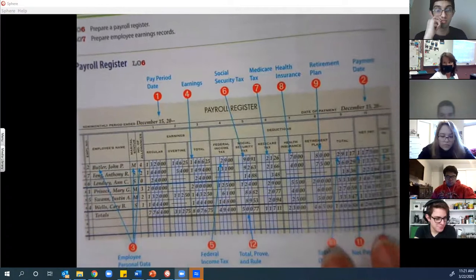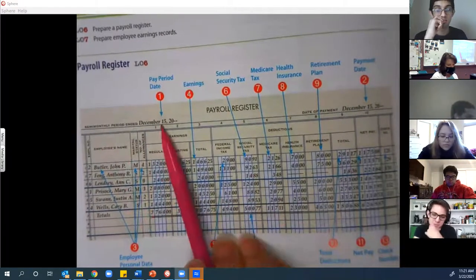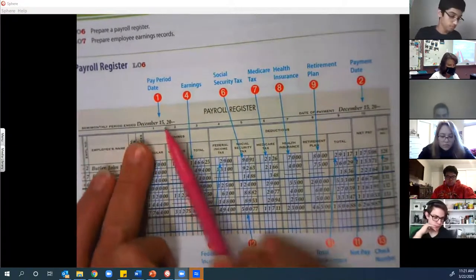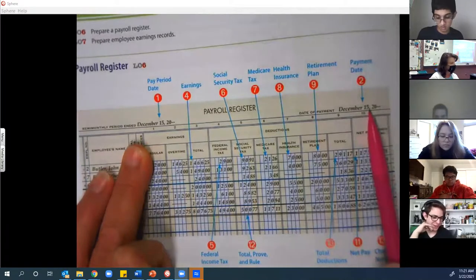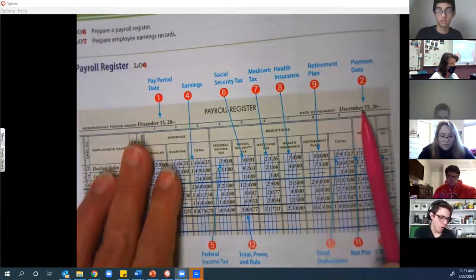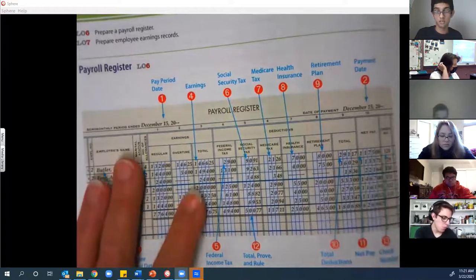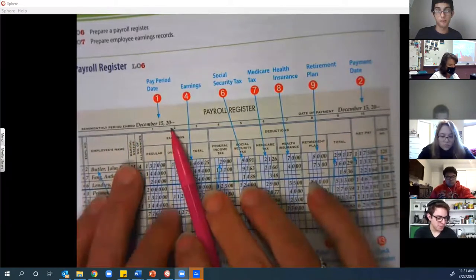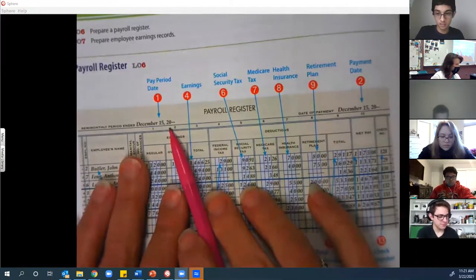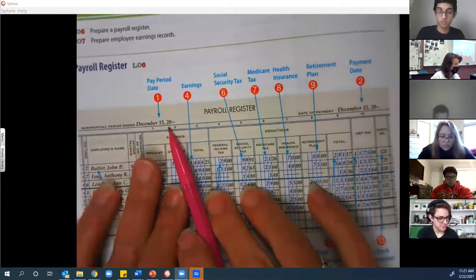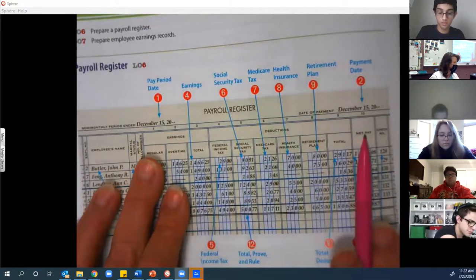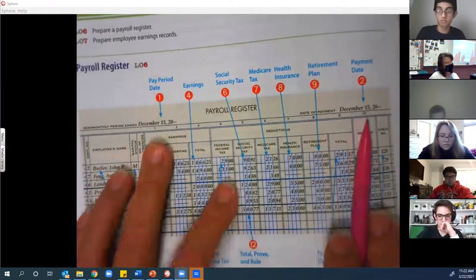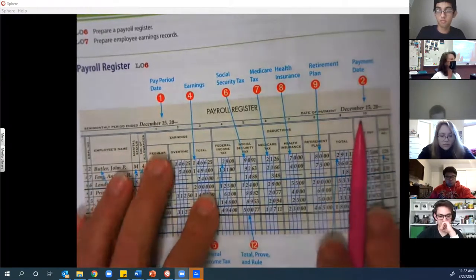All right, so the things that we're going to see on the payroll register: the period. There are actually two dates, right? There's the end of the period and the actual day we pay them. Most of the time those are going to be the same, but in reality there could be a difference, because it would be hard to get a paycheck to someone who works till midnight on the 15th still on the 15th, since you don't have their hours yet. So sometimes you may see a little difference here, but in our simplistic accounting one class world,